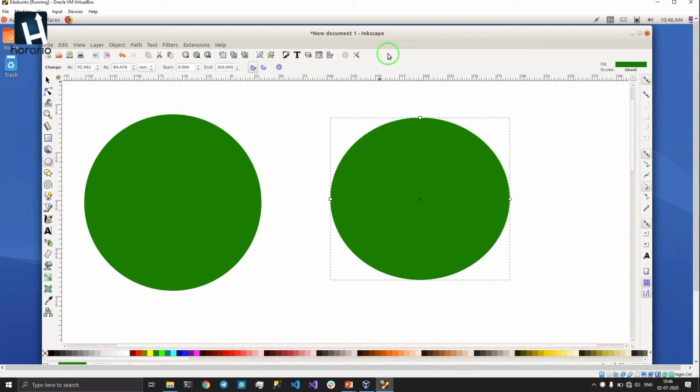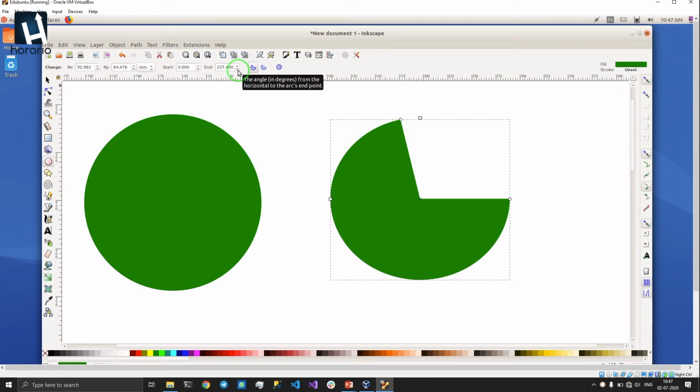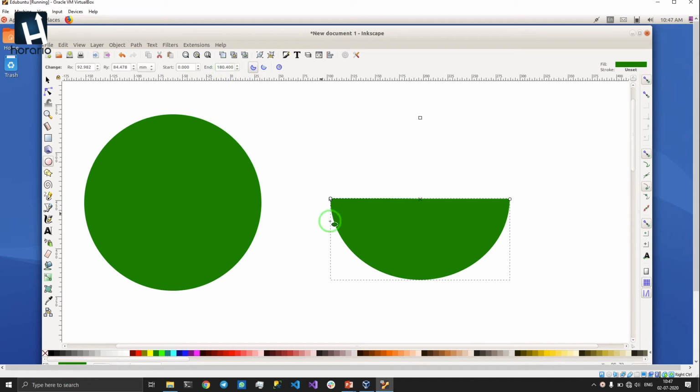So what happens? Suppose I decrease this, see, this is the angle 0 to 360. I am decreasing this, so it changes to a semicircle. Semicircle means only a portion of it. If I set it to 0 to 180, it will give a